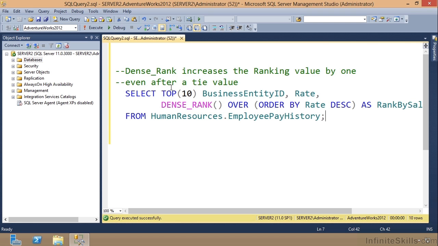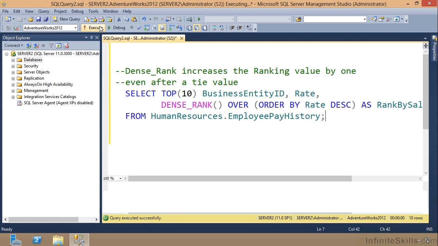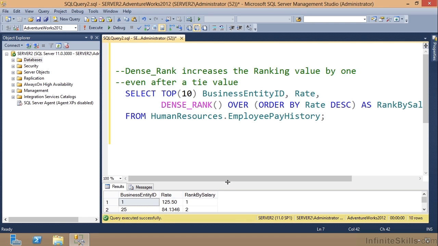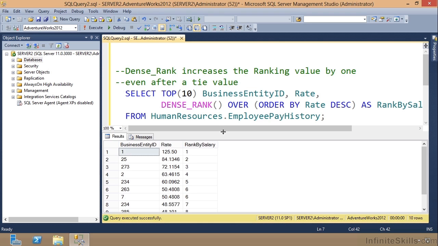Here we're going to use dense rank. This will increase the ranking value by 1 even after a tie value. Now, since this is the only query in my window, I don't have to highlight anything. I'll just execute, and I will bring this back up so that we can see the results. Notice this is going to rank by salary, and